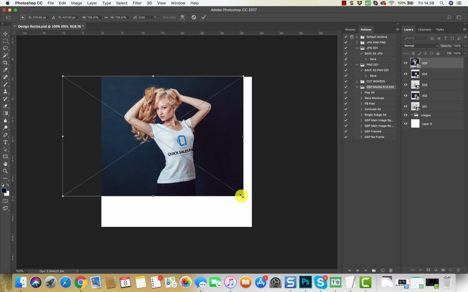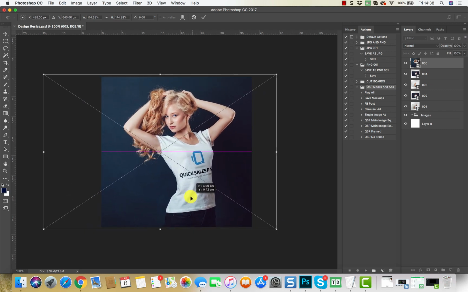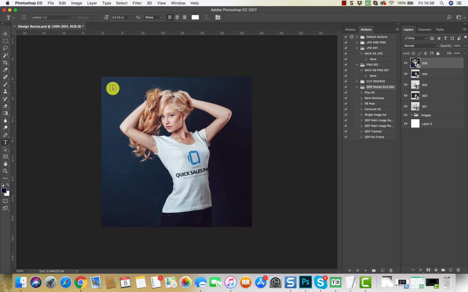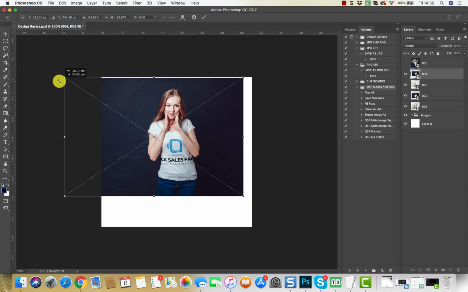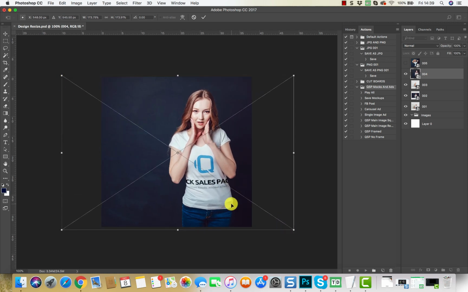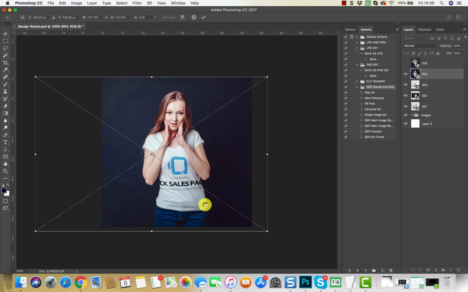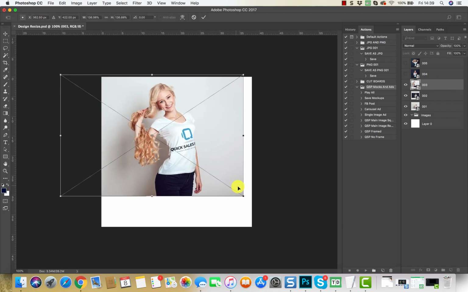So what all you need to do with your mockups basically is just resize them so they fit in this square here. Okay, just going to switch that one off, resize this one, Command T, holding down shift and grabbing the corners. Okay, you need to make sure you hold down shift so that it resizes in proportion. Let's do that one. Layer 3, Command T, hold down shift, drag it